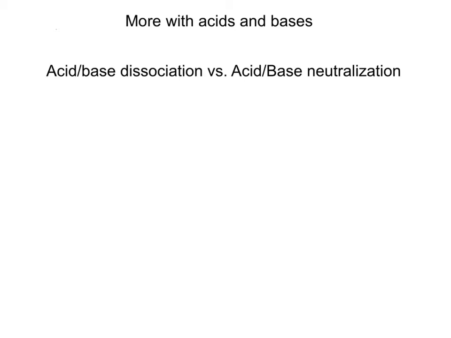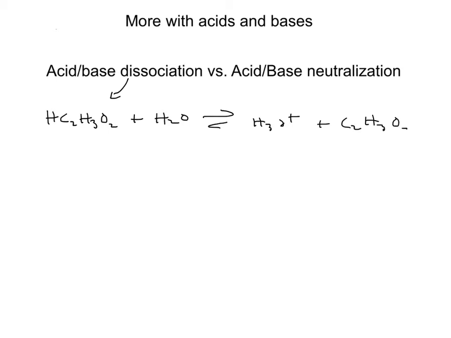For example, we've talked about acetic acid quite a bit. So if we have acetic acid, it looks something like this. In water, this would be a dissociation. In water it produces the hydronium ion plus your acetate ion. So while we have mentioned that this is considered an acid, this is considered a base, and this is a conjugate acid and this is a conjugate base,